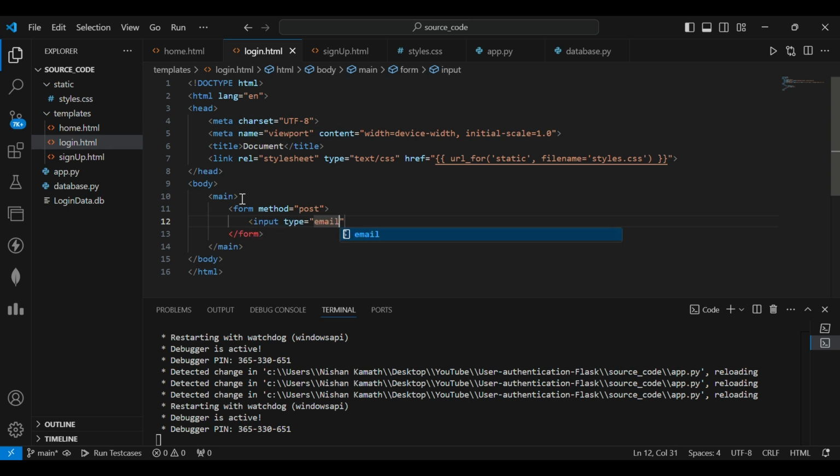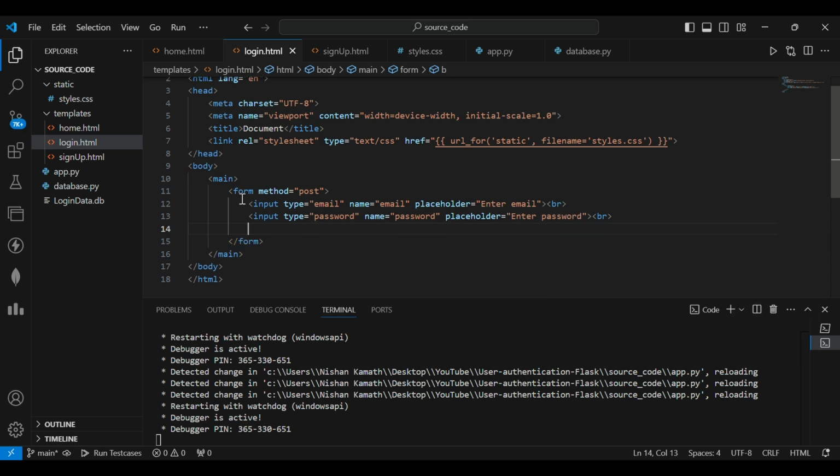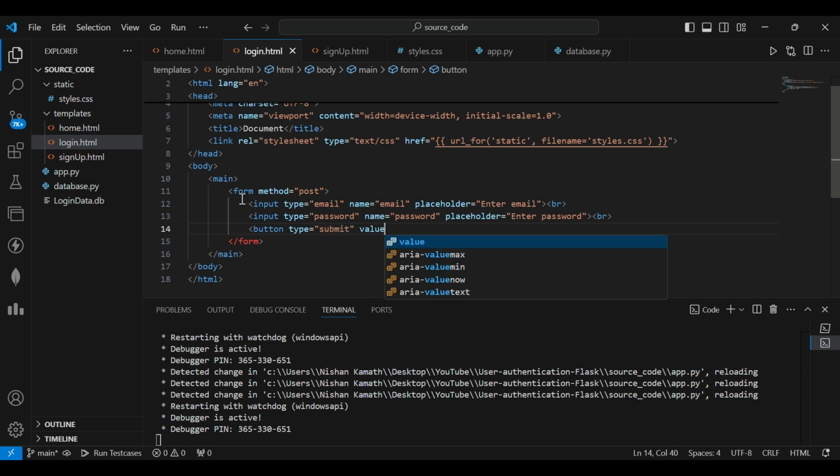Input type is equal to email. Name is equal to email. Name is the important thing we need to give, because we need to take the input from the HTML to the Python. So name is important. Also, we need password. Give the name as password. Placeholder is equal to enter password. And after that, we need a button to submit. Type is equal to submit, and value is equal to login. Anything you can give. Without value also you can do login,